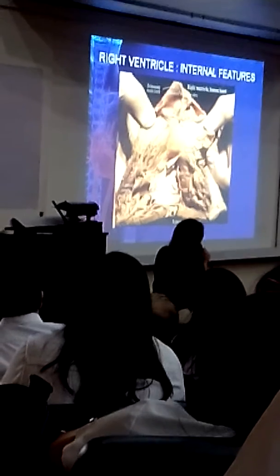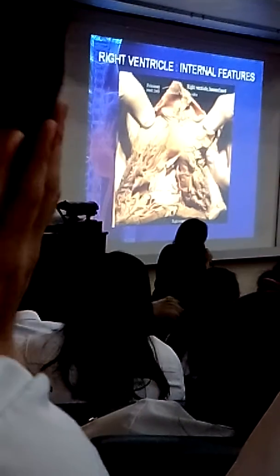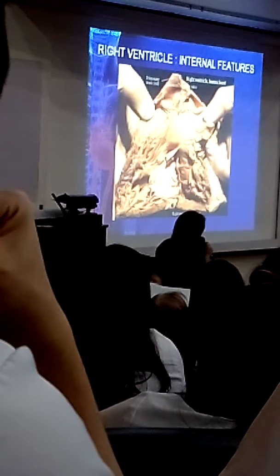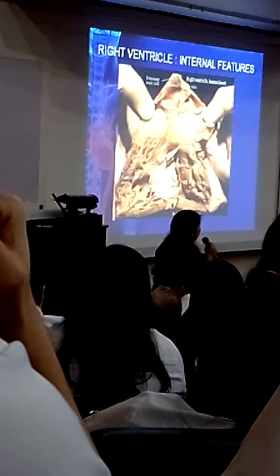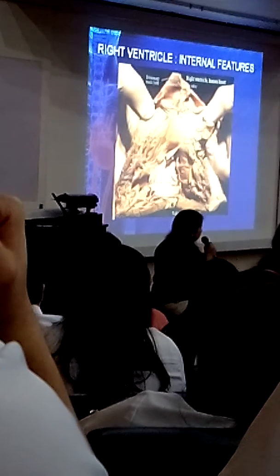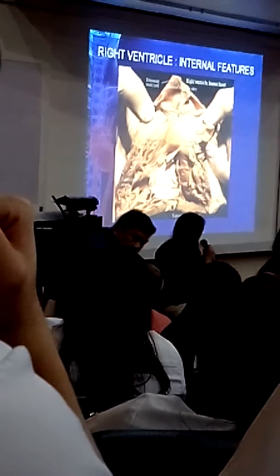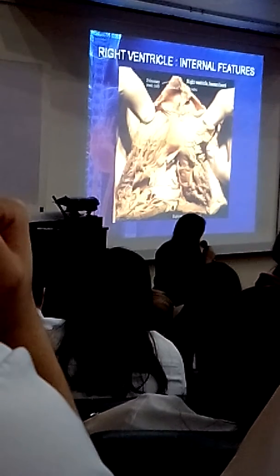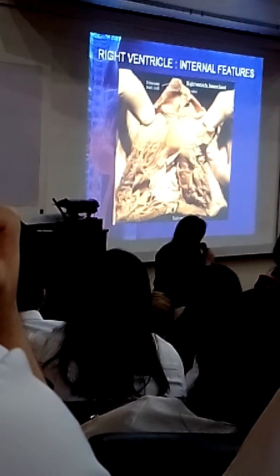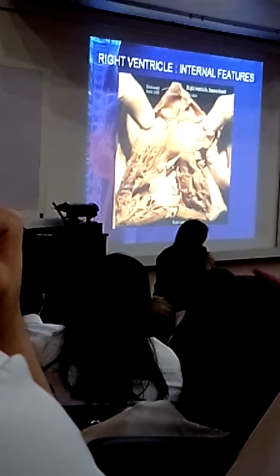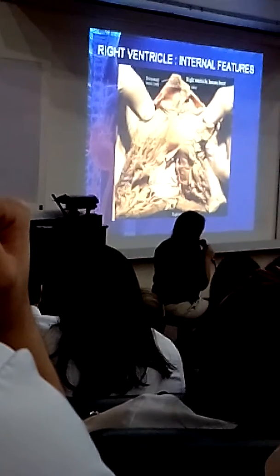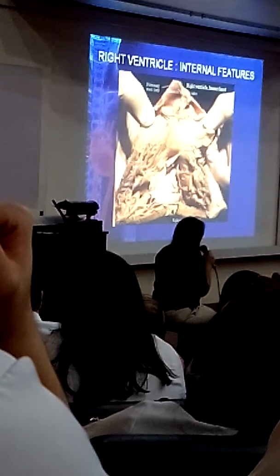In cut section of the right ventricle, there are irregular muscular elevations known as trabeculae carneae, and the right ventricle also has 3 papillary muscles. One is attached to the anterior ventricular wall, the other to the posterior ventricular wall, and to the septal wall. Arising from the papillary muscles are elongated collagenous structures known as chordae tendineae, which support the cusps of the tricuspid valve. The tricuspid valve has 3 leaflets, the anterior, the posterior, and the septal, and this guards the AV